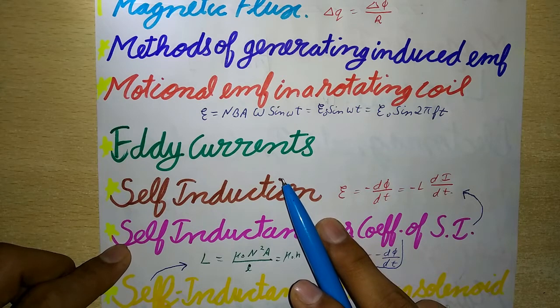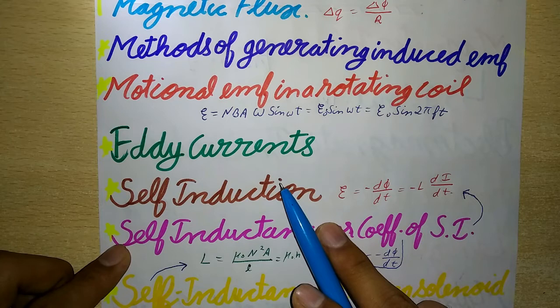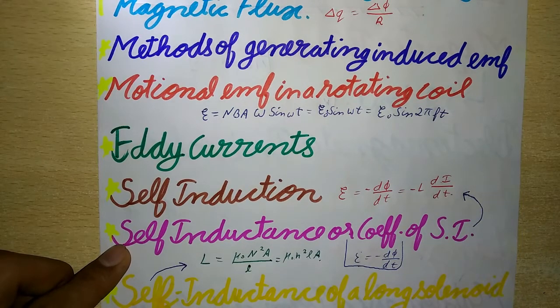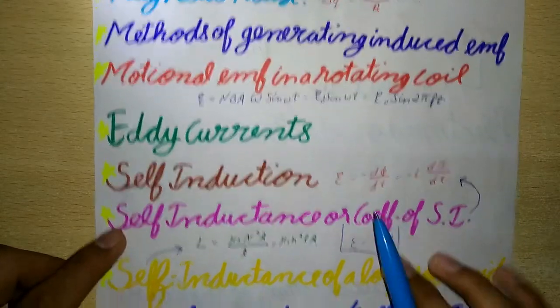Such currents flow in the form of irregularly shaped loops throughout the body of the metal, and their direction is given by Lenz's law. Eddy currents cause unnecessary heating and wastage of power. So they are reduced by using laminated soft iron cores, and they are useful in first, electric brakes, second, speedometers, third, induction furnaces, and fourth, electromagnetic shielding.